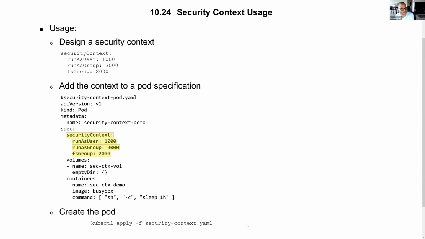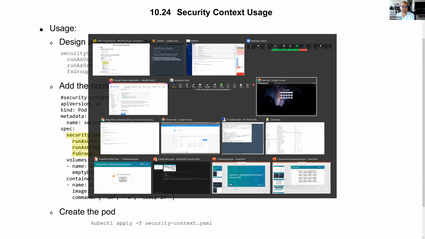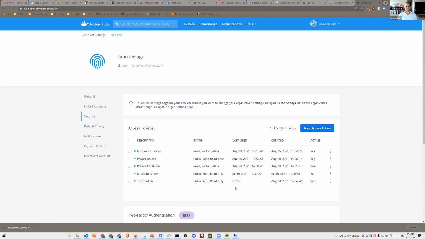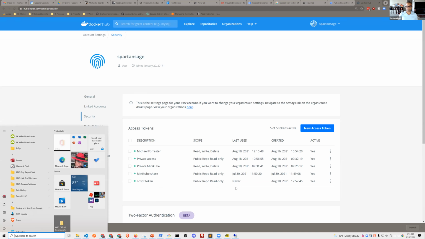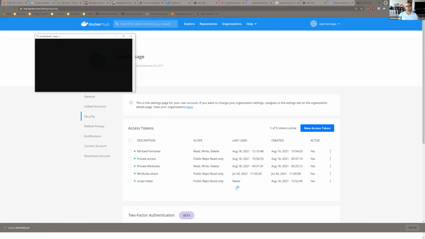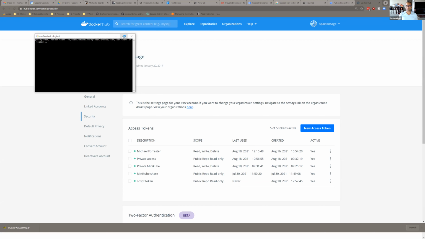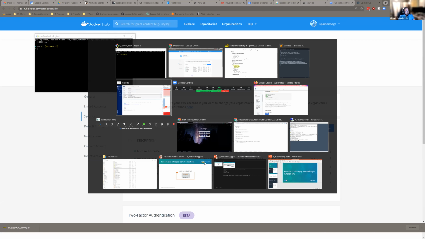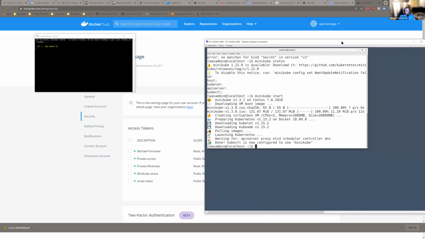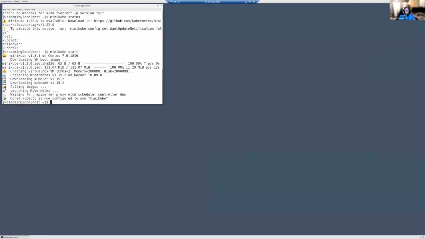What do the 1,000, 2,000, 3,000 mean? Oh, those are user IDs. User IDs. Okay. Yeah. Did I close that? That's weird. Actually, you know what? It's probably better to just do this in the lab. So just so you're aware,